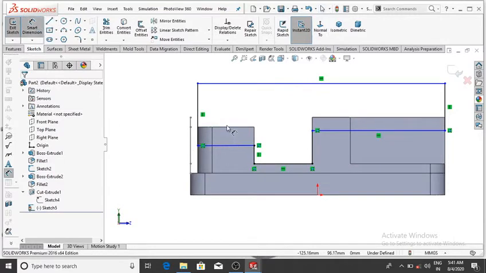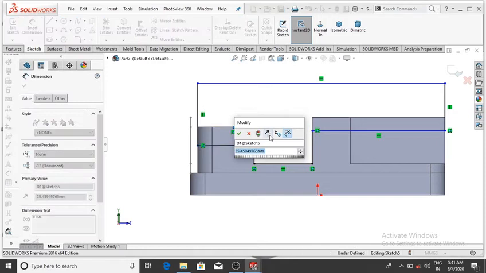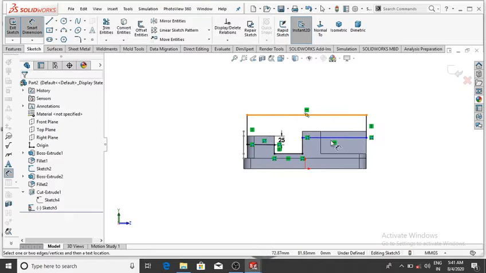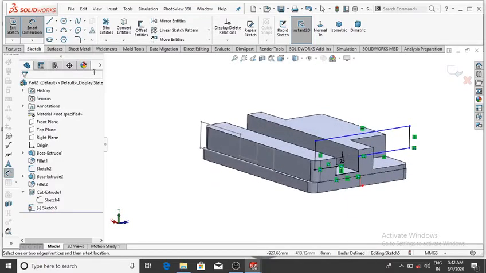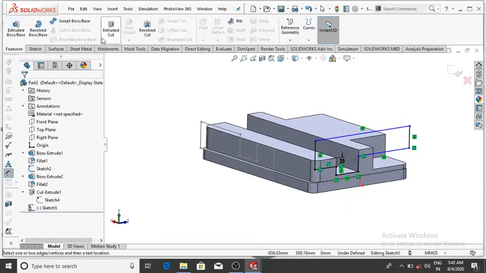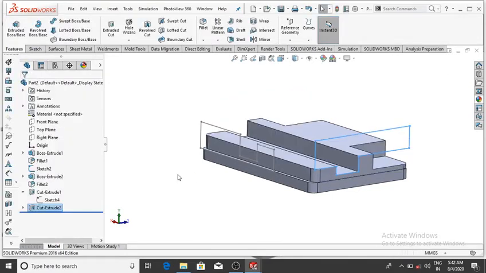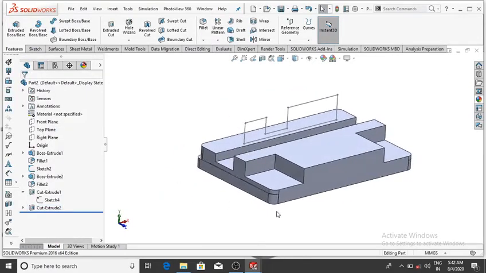So go to the smart dimension, select this line and this point, select this and this line, and the gap will be 25 mm, then OK, and make the extrude cut through all. So go to the feature and make the extrude cut through all, then OK, it will be cut from this face.